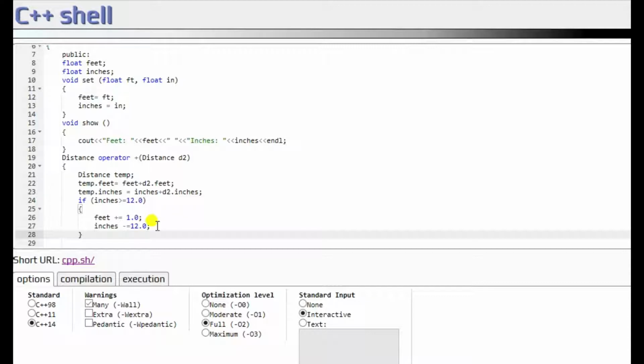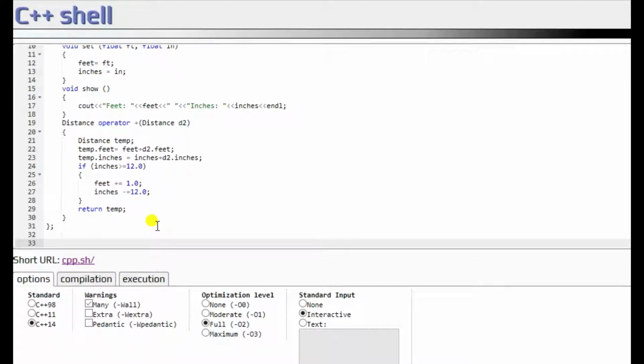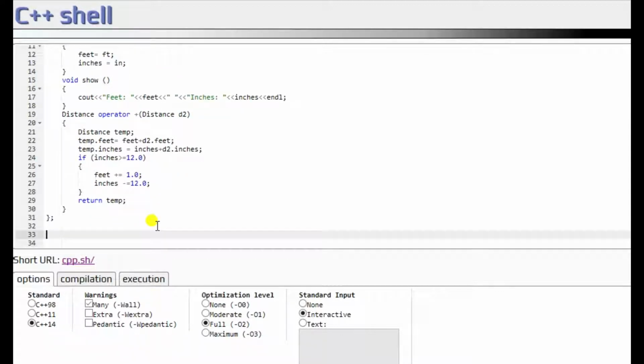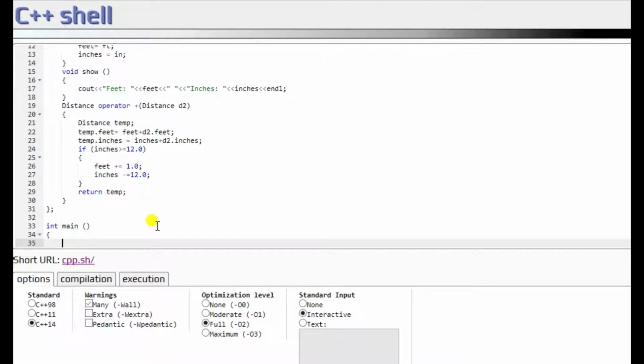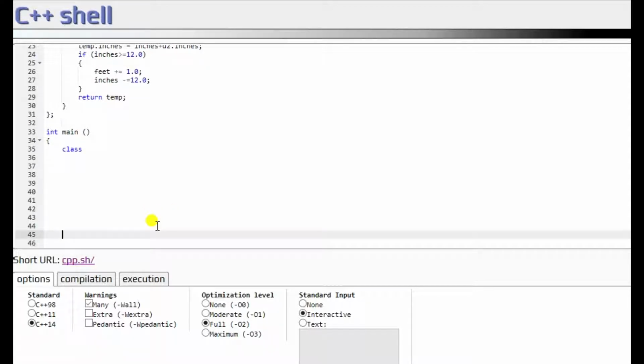So finally this if condition is finished, you're going to return that temporary object, and you're going to close the function, the operator overloading function, as well as the class. So once you've done all that, you're going to open main, int main, and inside that you have class distance, take about 3 objects, d1, d2, and d3,